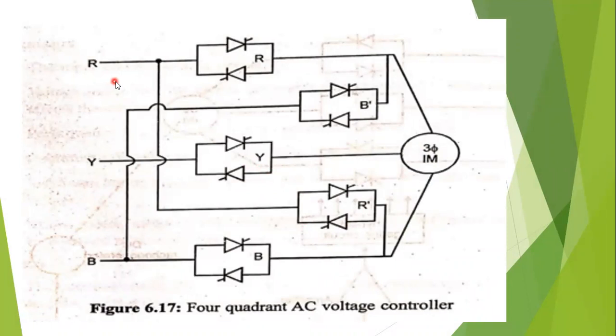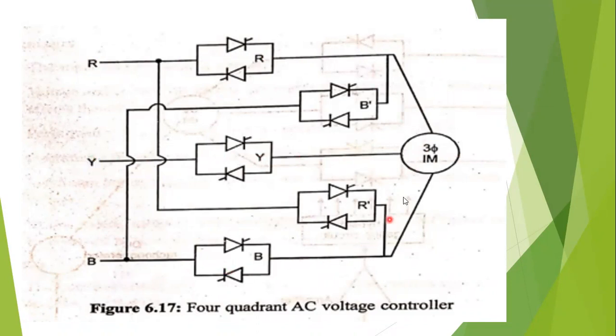Here under normal operating condition, that is called motoring operation. The motor is rotating in one direction, clockwise direction, for example. So we are giving the triggering pulse to the R phase, Y phase, B phase. That means R phase is connected in this manner, Y phase is connected in this way, and B phase is connected in this way. That is, the motor is working in the normal operating phase sequence. That is called R, Y, B.